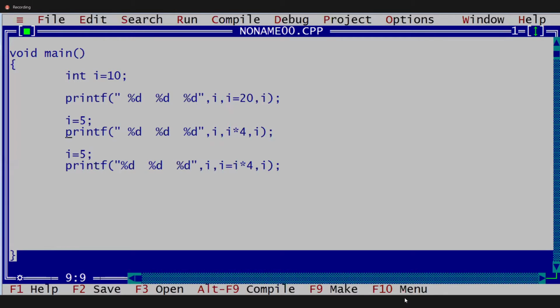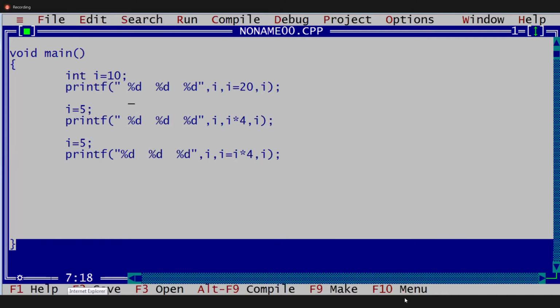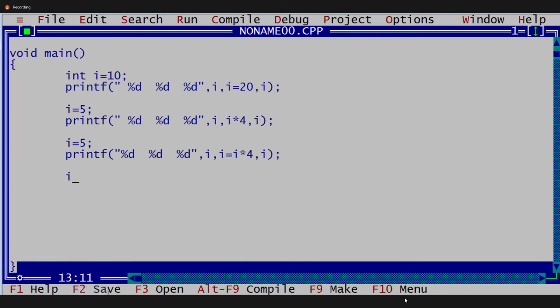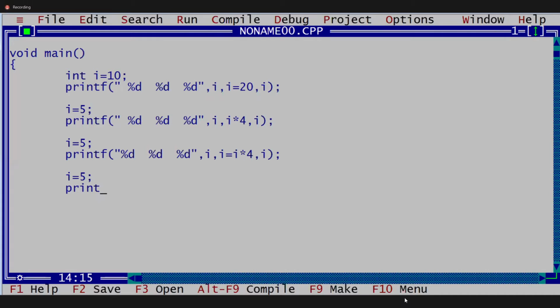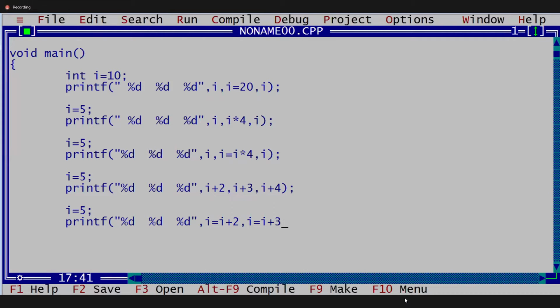Yeah, we can write this program, guys. Now again i equals 5. With printf, I am going to print a series: percent d of i plus 2, comma i plus 3, comma i plus 4. Next, i equals 5. I have written four printf statements. How does it execute these printf statements? i equals i plus 2, i equals i plus 3, i equals i plus 4. Yeah, guys, first statement,